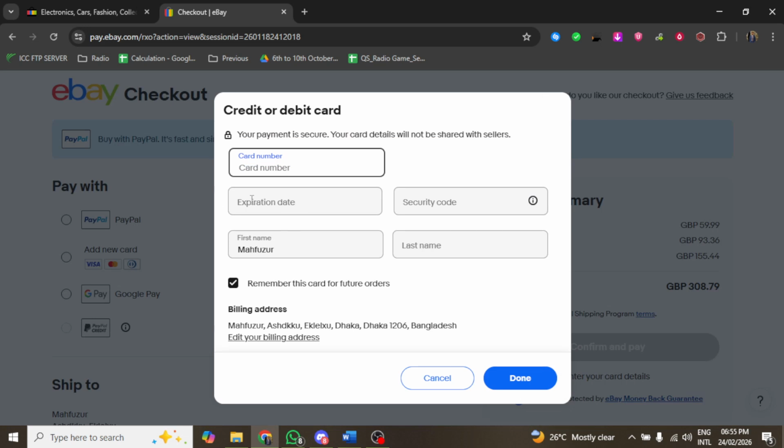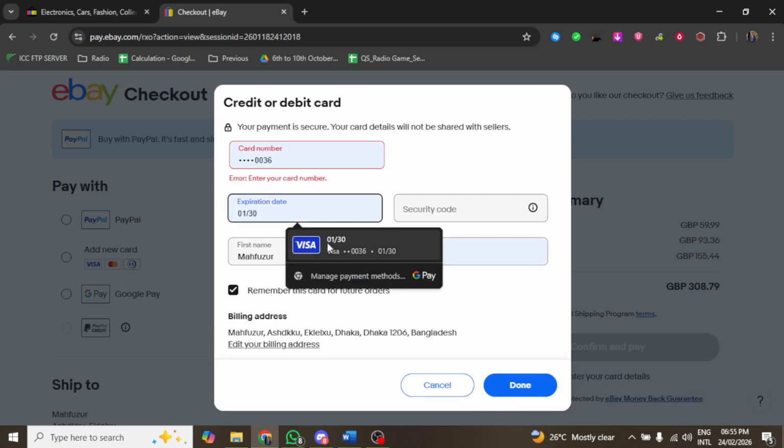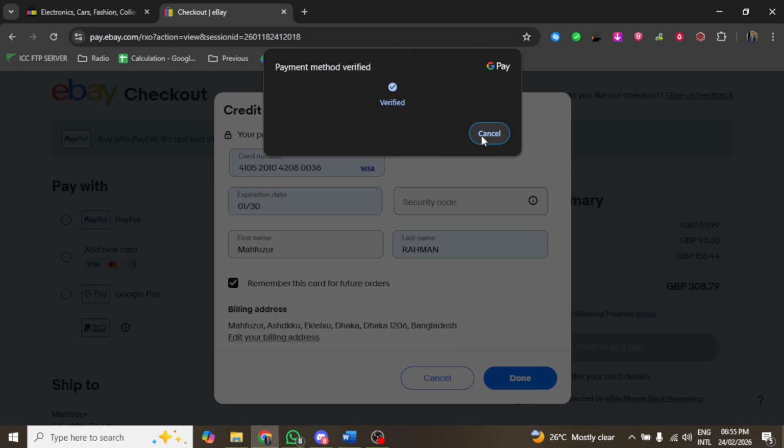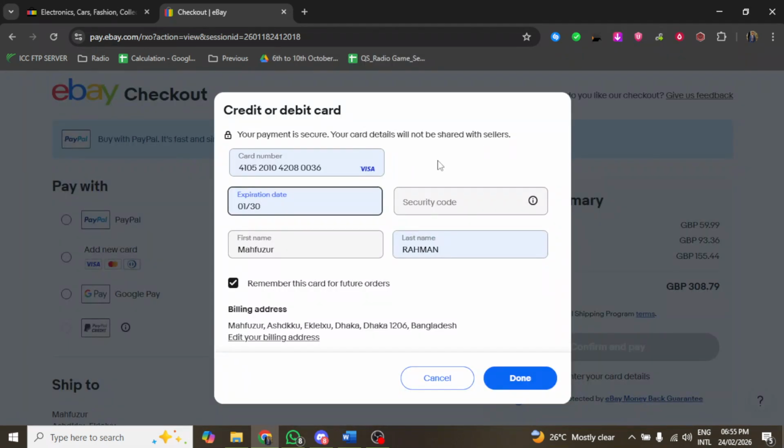It is important to check the shipping address to confirm it is correct, as well as the item details and the final payment amount. If the total cost of the item exceeds the amount available on your gift card, you will have the option to add another payment method to cover the remaining balance. After verifying that all information is accurate, look for the button labeled Confirm or Place Order and click it to